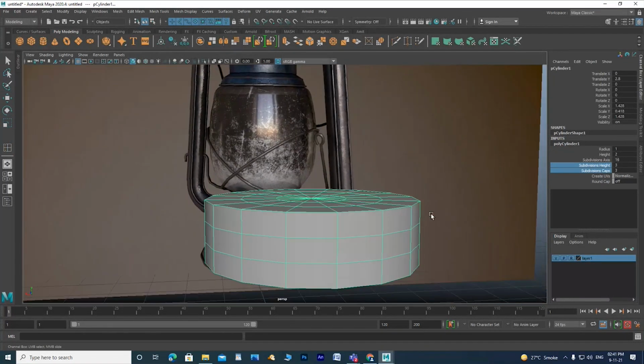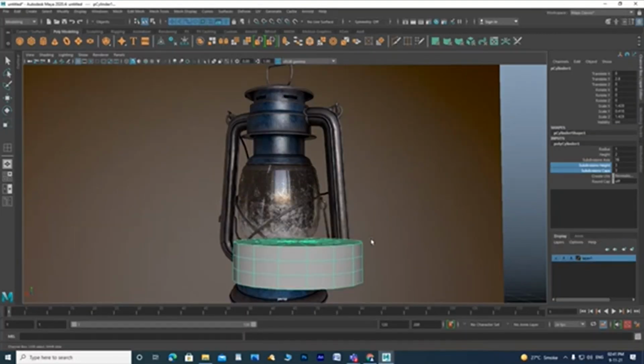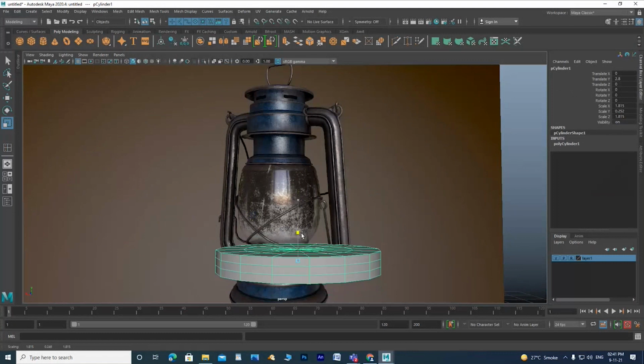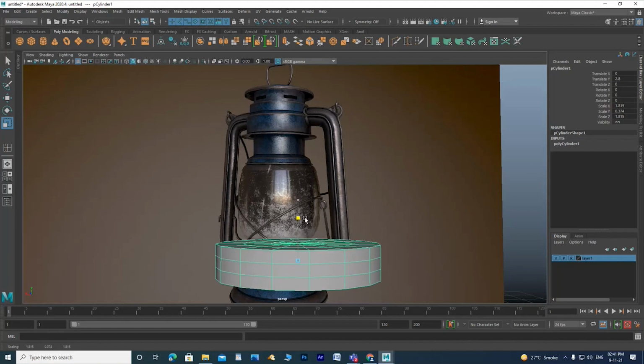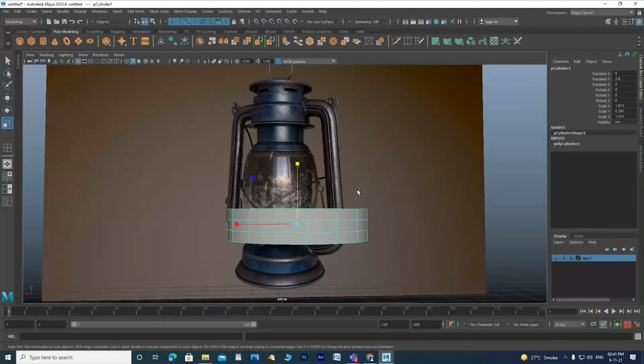Three is more than enough. I hope you know extrusion, how to extrude edges and faces. We'll go for that.